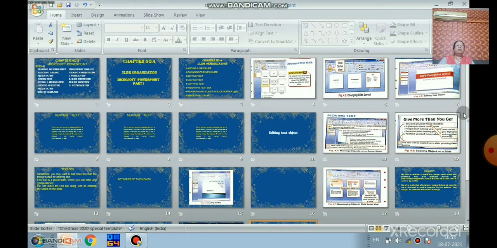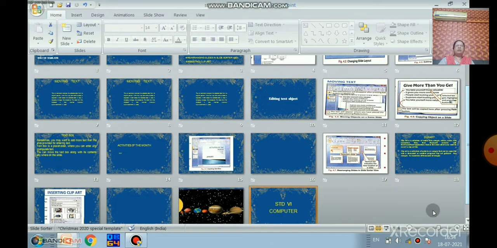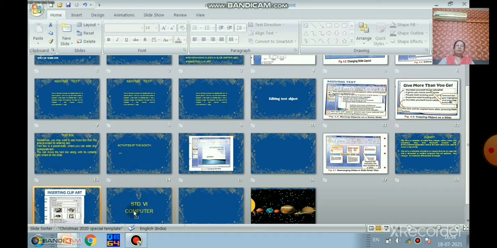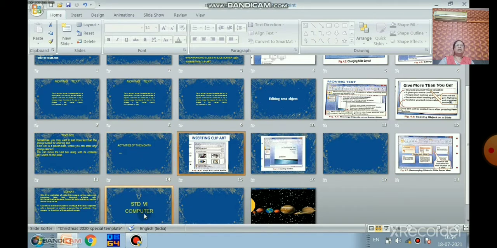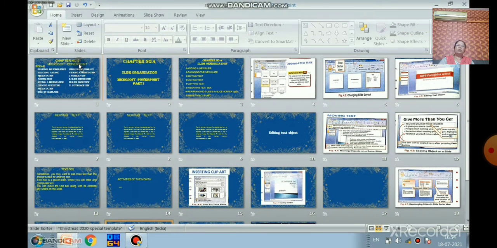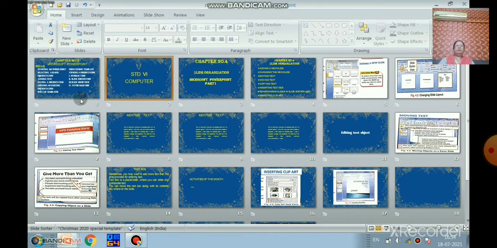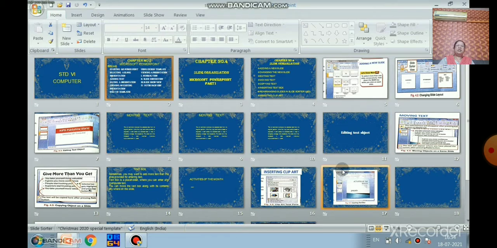Similarly, you can arrange the slides in the outline tab also. Now see how we are changing. Again we are taking that standard 6 slide to the last, see, we are moving it. Just take the mouse pointer and drag it. Drag the selected slide to a new location. By dragging you can change the position of the slide. Yes children, you can do this with the help of slide sorter view.